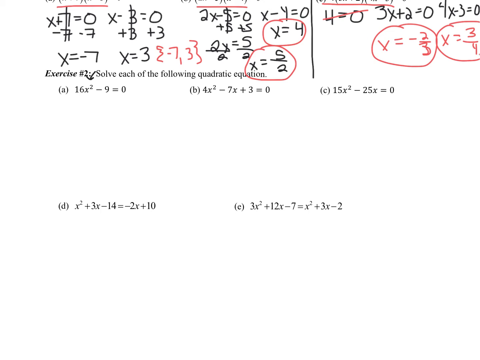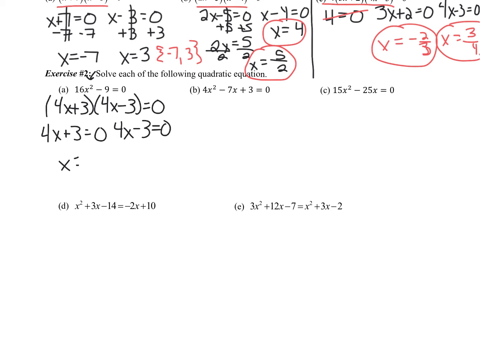So in my first equation, I see that I have the difference of perfect squares. So this would factor into 4x plus 3, 4x minus 3 equals 0. If these two factors multiply to 0, then either one has to equal 0 or the other one has to equal 0. And then if I solve them, I'm going to get negative 3 over 4 here, and positive 3 over 4 here. So I'm going to write them in that roster notation. So I have negative 3/4 and 3/4